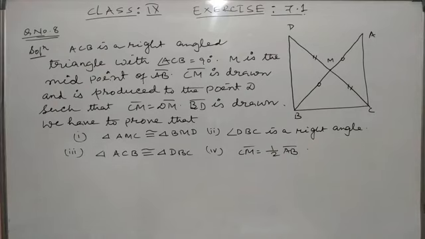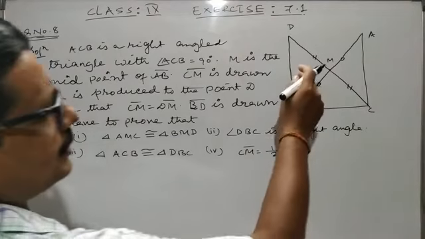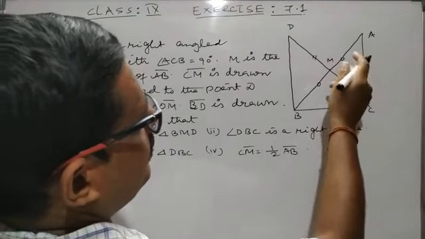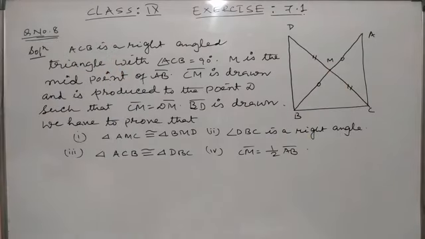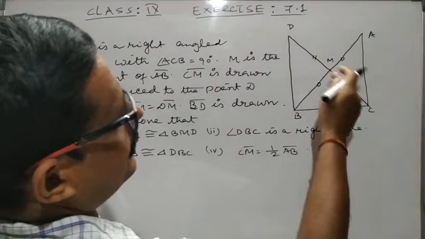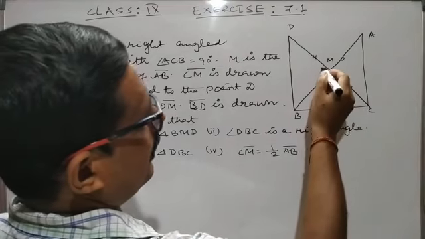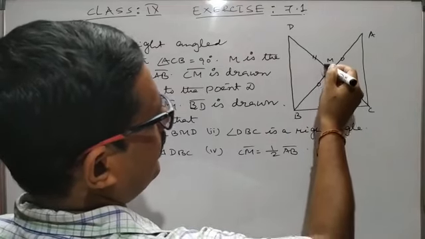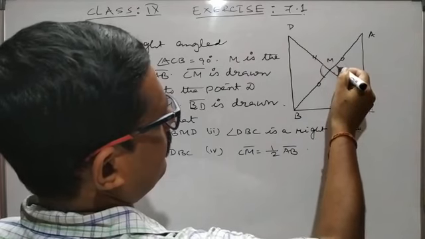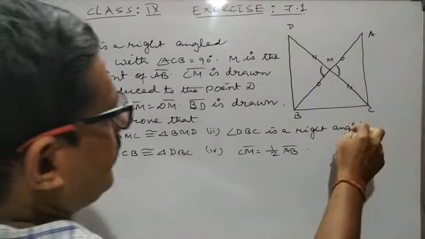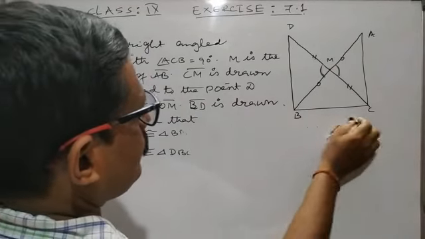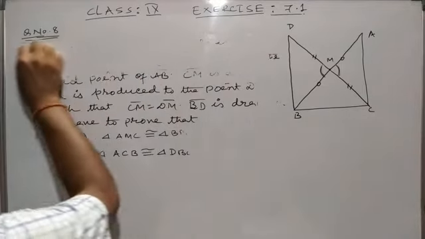Now you see the proof, how to prove it. So first of all you see from these two triangles we have seen that this equal to this since M is the midpoint of AB. CM equal to DM given by question, and this angle equal to this angle, vertically opposite angle. Therefore these two triangles are congruent by side angle side congruence criteria. So see the proof, how to prove it.